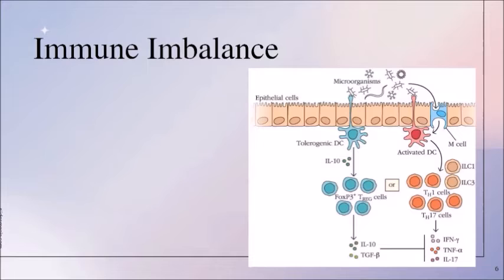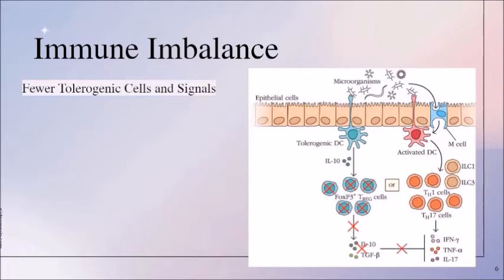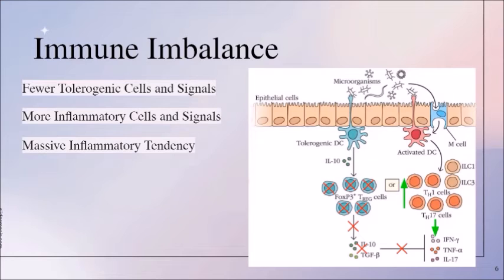Immune imbalance. The normally well-balanced immune responses can be affected by mutations to TLR2 and TLR4, which drastically increase the ratio of inflammatory immune cells to tolerant or tolerogenic immune cells. Nod2 also causes tolerogenic cells that are left, such as Treg, to be less able to suppress immune responses. The result is that the lamina propria is flush with Th1 and Th17 cells itching to launch an inflammatory response for which there are no brakes.